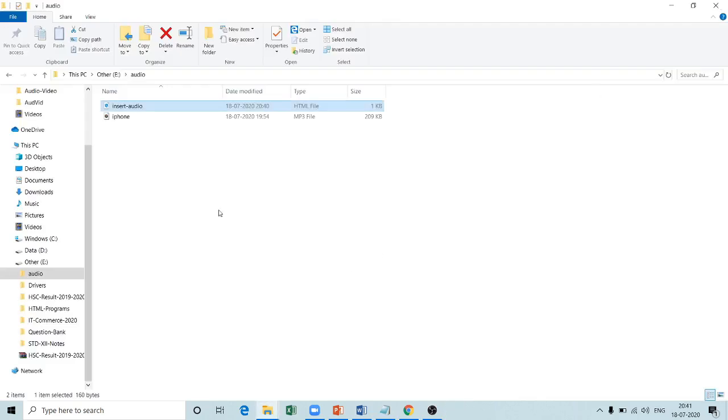Still it is not working because my browser has blocked it. So I will have to unlock this. Allow. And I will refresh this. You can see as and when the web page is open, the file gets played. I will show you again.